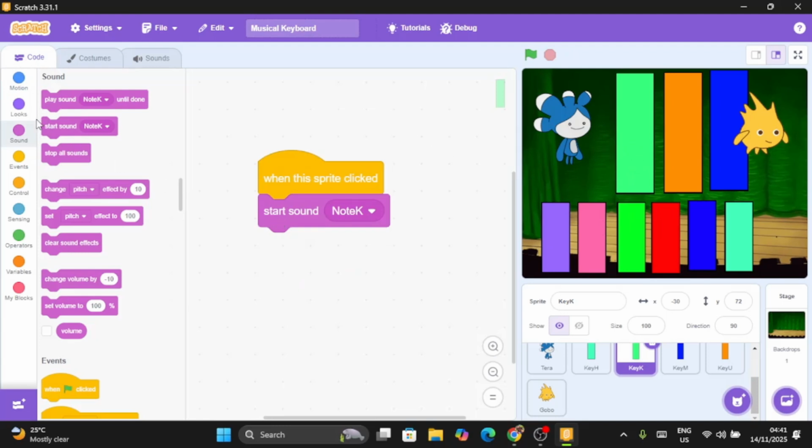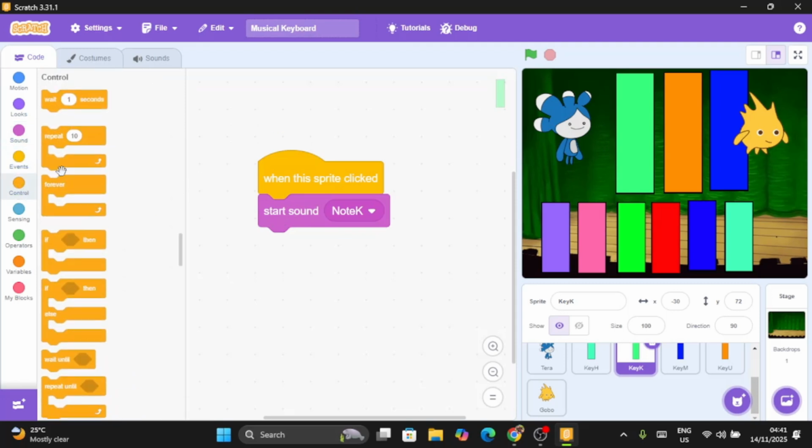So when it plays, I will add a wait block from control, wait for just 0.5 seconds before you play the next one. What happens? I'll click on it, it's playing note K. Then I'll click on